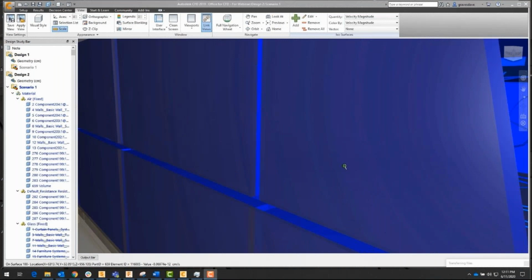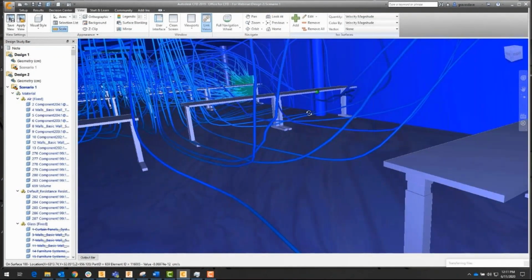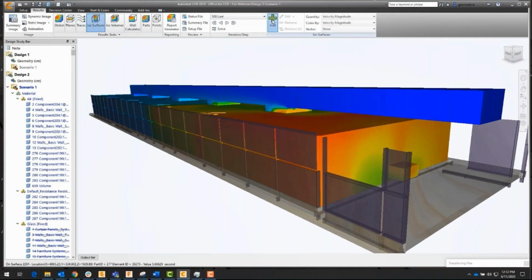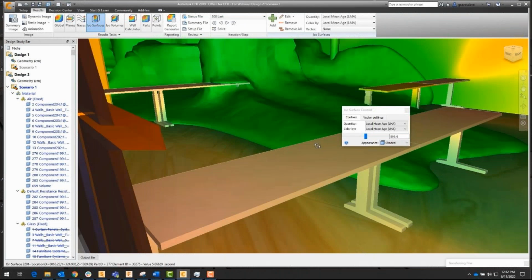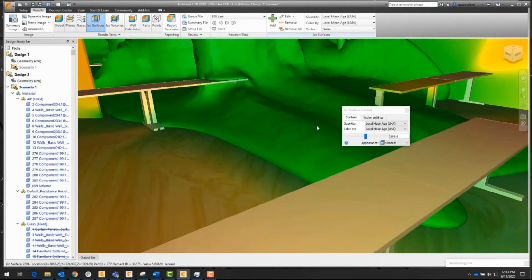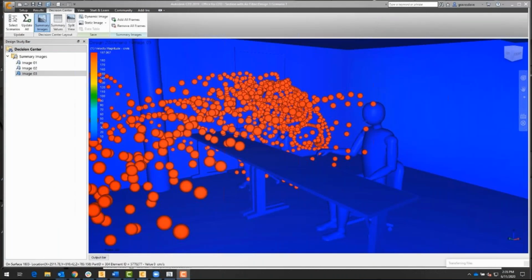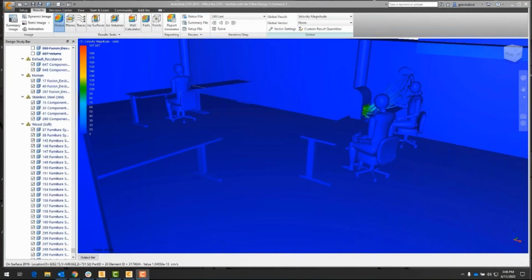So again, you can approach the design in multiple different scenarios, whether you want to change the furniture layout or you want to change the equipment layout, the diffusers that you have. So today, I believe, or probably when the whole situation started, there were concerns that people, where we have central air conditioning, can that be a cause of spread of the virus? So how do we control that? How we can stagger the whole diffuser systems? And again, gives me a complete visibility.